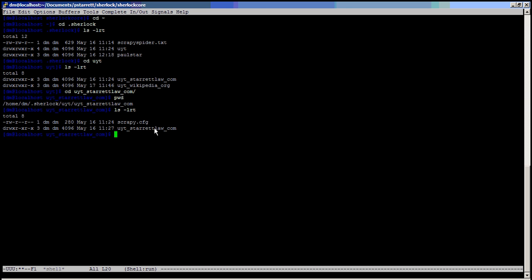Now you are inside the Scrapy project. The Scrapy project itself is uitstaratlaw.com. It got created in the UIT project, which is created by Sherlock, not by Scrapy. After we create the project directory, we invoke the Scrapy command, scrapy startproject, and we give the name